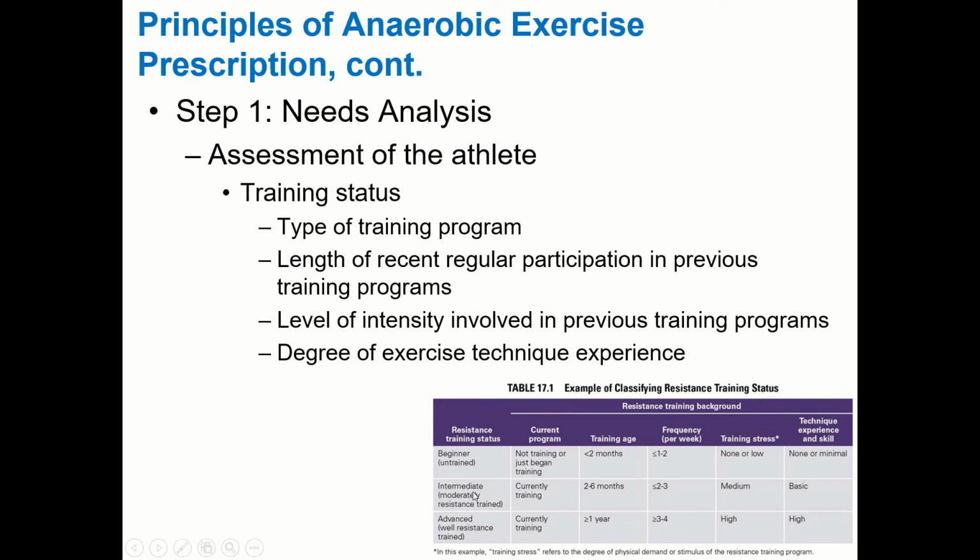As opposed to, now we've got maybe a sophomore athlete that has trained before and is currently training coming into the season. They've been training, let's say, for a few months. So we'll have them do a higher volume, so 2 to 3 times, and then we'll increase the training stress. We're still going to do some pretty basic stuff with them. So we're going to do the core lifts, things like squats and deadlifts and presses. Not going to do a lot of really complicated Olympic variants with them until they get to be more advanced, and then we'll do